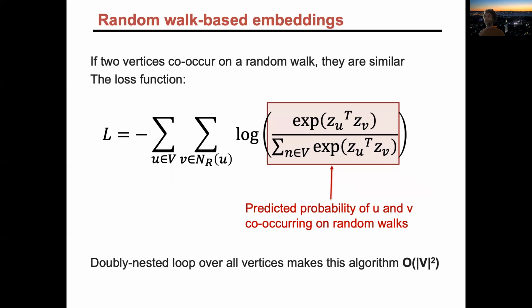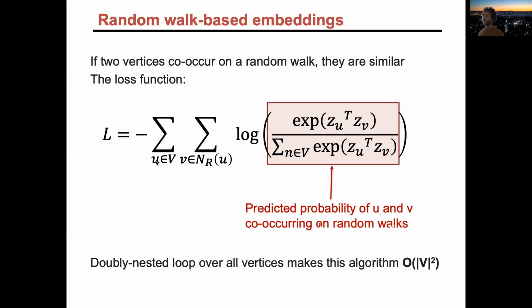The second class of embeddings, again, remember, I'm talking about them in the graph land here, is random walk-based ones. And this is following the same intuition that we've seen in HipMCL. If two vertices co-occur on a random walk, they're similar. That's basically the definition of random walk similarity. So how do I write this down as an optimization problem? I write this big loss function, which inside has this predicted probability of these two vertices co-occurring on random walks. And let's not worry about the details of this, but only see that there is an issue with this formula,